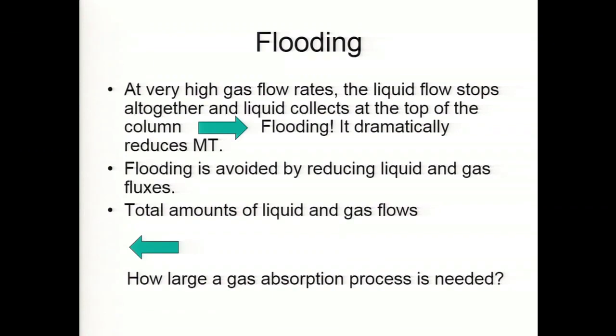So, we take recourse to this idea that for a given value of G prime A and L prime A, total gas mass flow rate and total liquid mass flow rate, if we choose a suitable area of the column, then G prime and L prime may be of such value that we are at a safe distance from flooding condition. I repeat, G prime A and L prime A are given to you. A is to be determined.